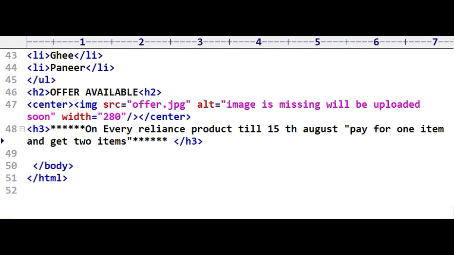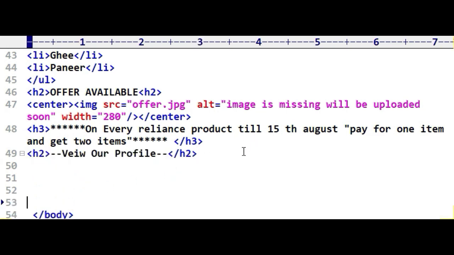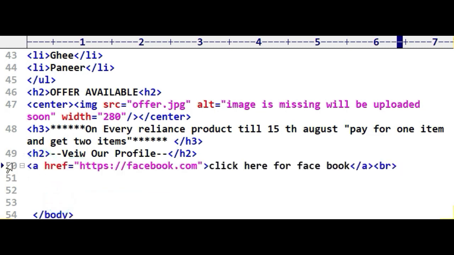Then we use the view our profile tag here. View our profile. Here I include a Facebook page, Twitter page, and Instagram page of Reliance Fresh. Facebook, click here. You can directly use the page link or you can only write Instagram page.